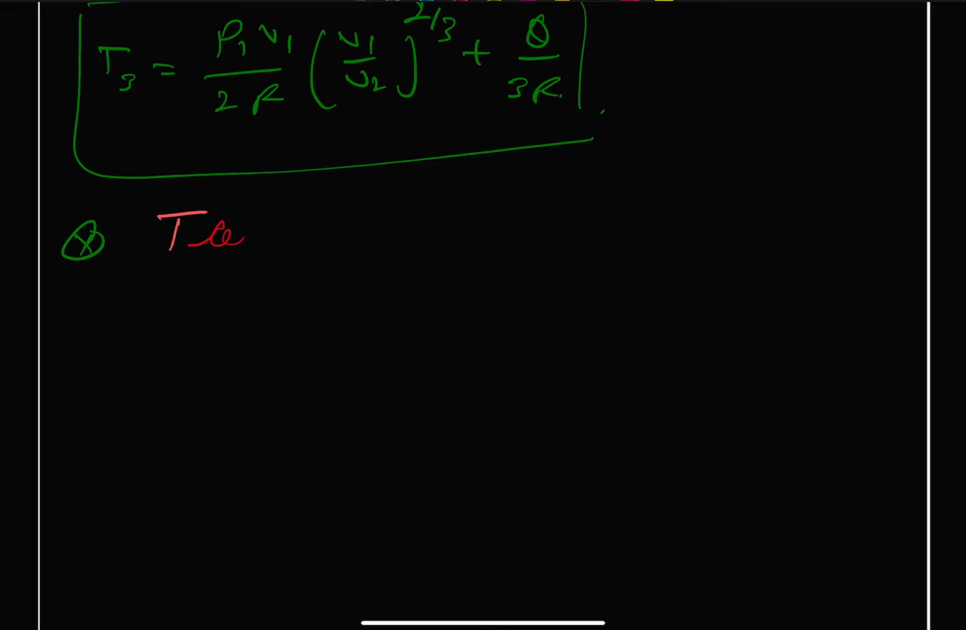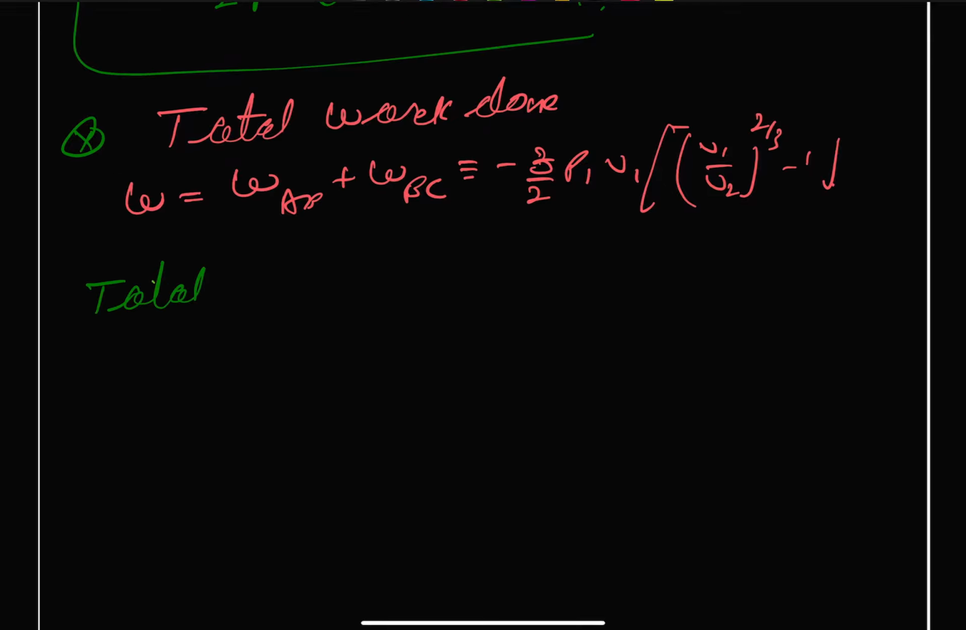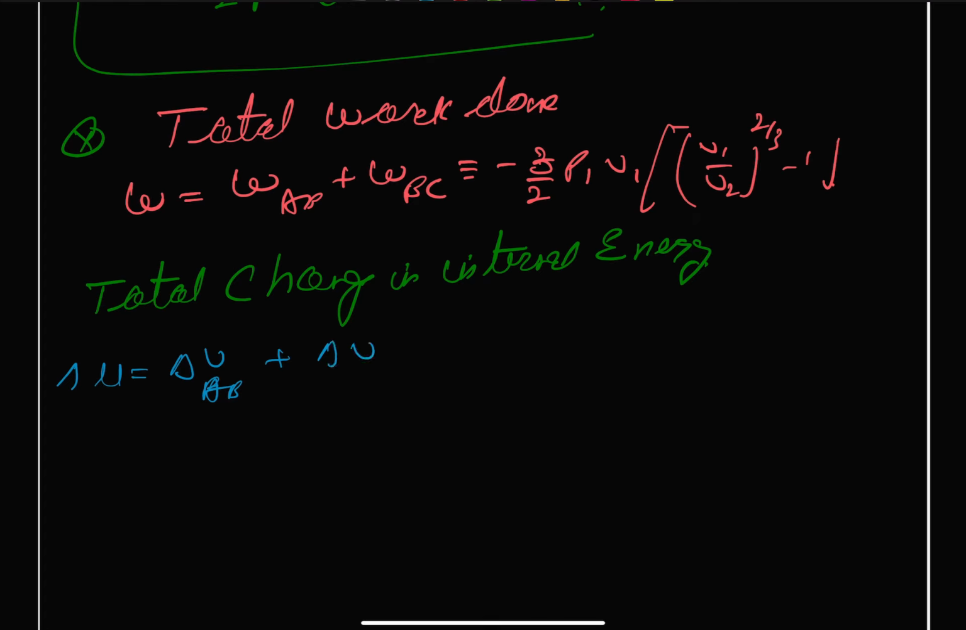So we have our total work done. That is our W will be equal to W of AB plus W of BC, and W of BC is 0, so this comes as minus 3 by 2 P1 V1 times [(V1/V2)^(2/3) minus 1], and total change in internal energy, let us suppose that is our delta U. Delta U will be equal to delta U of AB plus delta U of our BC,